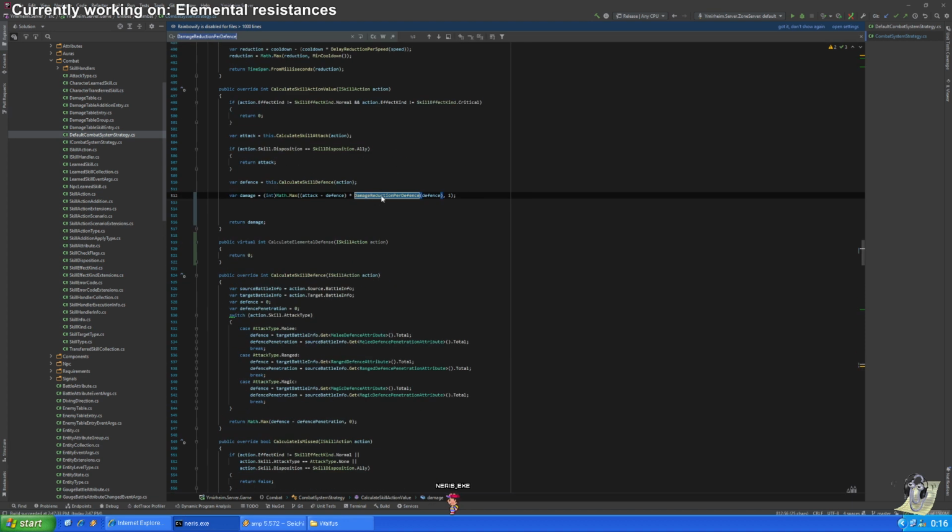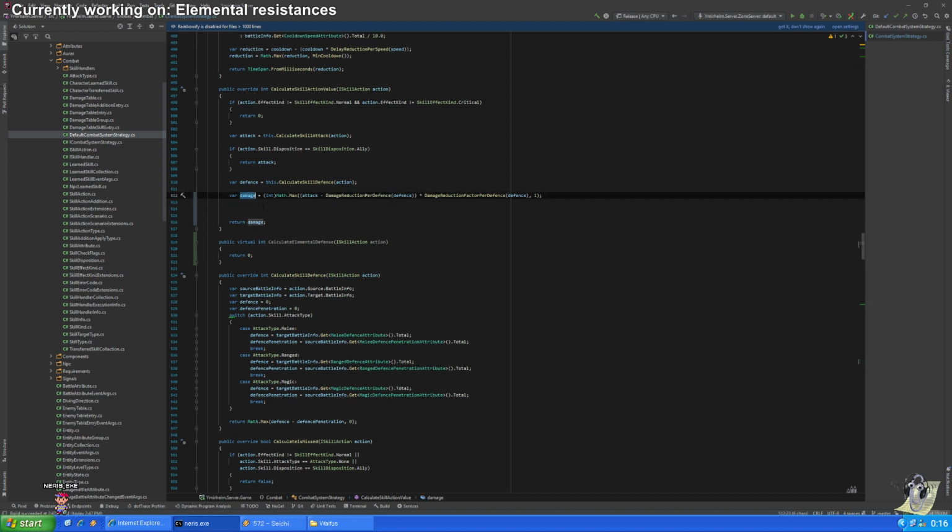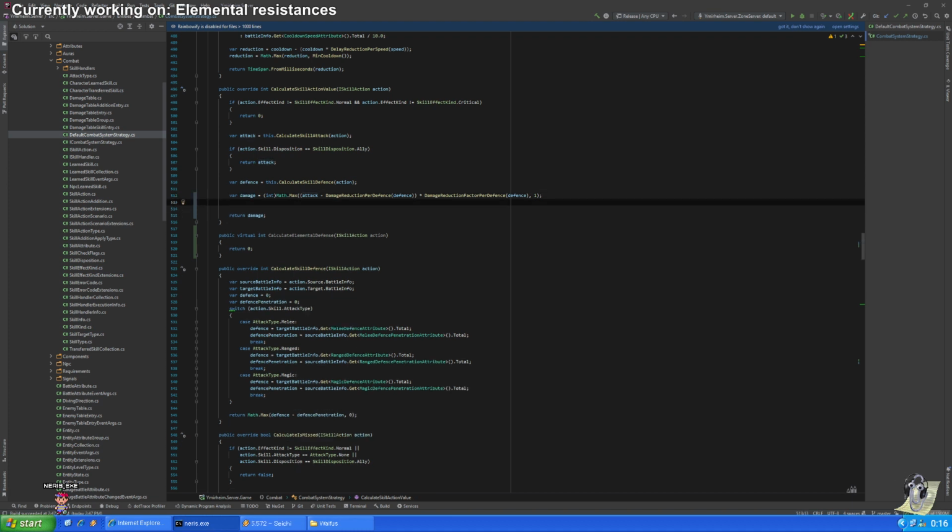So this is damage reduction vector per defense. And this is gonna be damage reduction per defense. Okay, this is better now. So this is damage. Then gonna take this damage